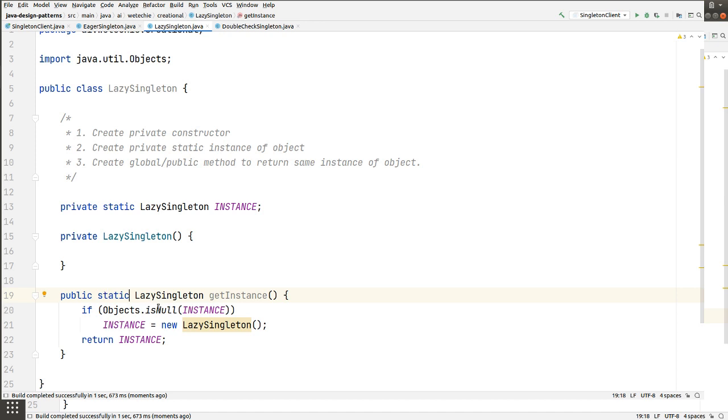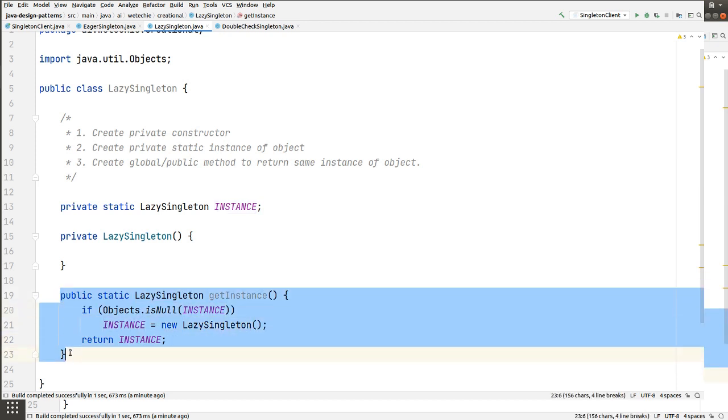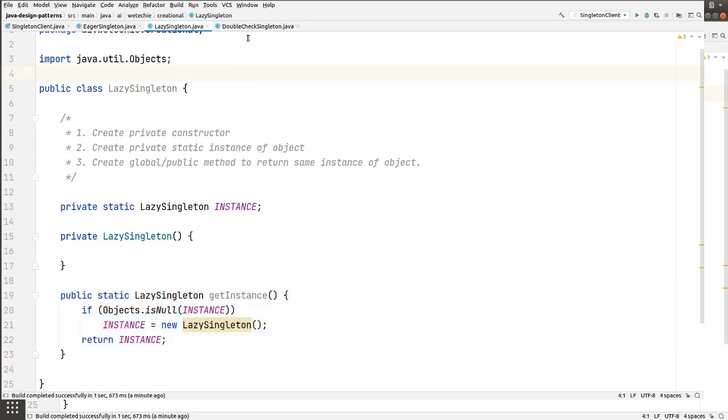Because let's say we have a two-core system and two threads, and both threads are trying to access this method at the same time, and both threads will be able to create the object of the lazy singleton class. That should not happen, right? That will break the rule of the singleton design pattern. So we will be trying to prevent that and provide support for multi-threading systems in the double check singleton implementation.